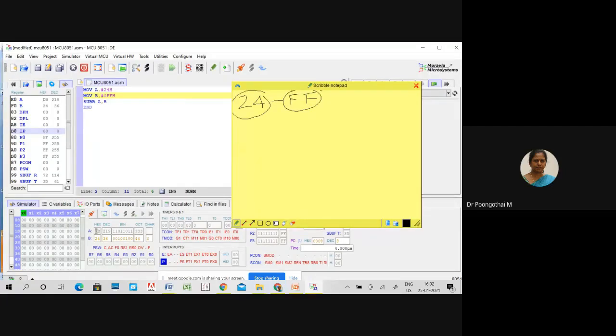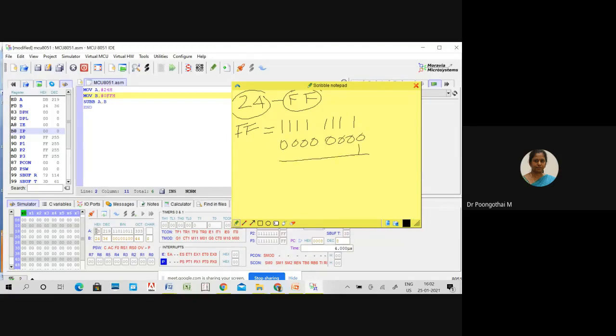So I am subtracting the larger number from the smaller one. Let's see what happens. We need to take the 2's complement of FF. After that, add that 2's complement value to 24. First you take the 2's complement: 0, 0, 0, 0, 0, 0, 0, 0.